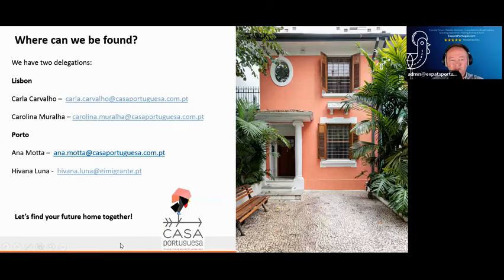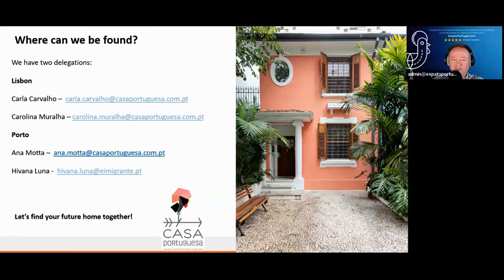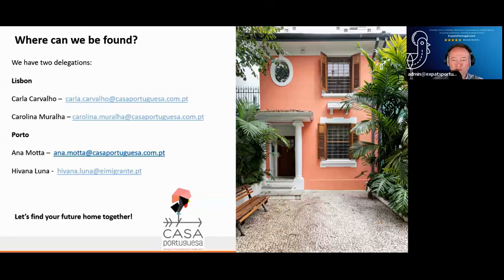Yes, these are our details, our emails. From the group in Lisbon it is Carla and Carolina, and here in Porto it is Ana Mota and I. We are responsible and we will do everything we can for you to have a nice and spectacular experience in Portugal. Very good. Let's leave those details on the screen for a moment so people can make note. Of course, you can find Casa Portuguesa in the Expats Portugal business directory as well,